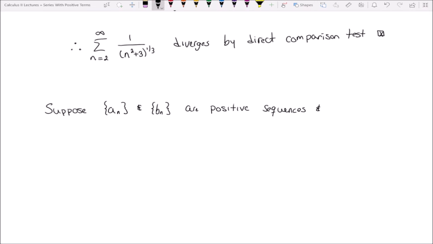And we're also going to say let L be the limit of a sub n over b sub n. If L is finite and if the series b sub n converges,